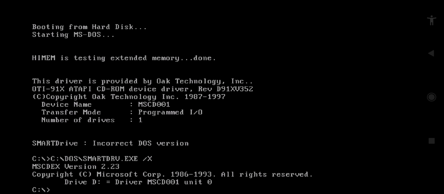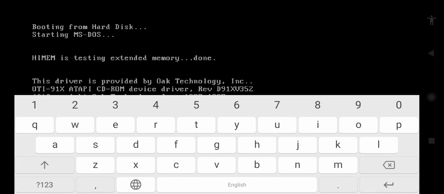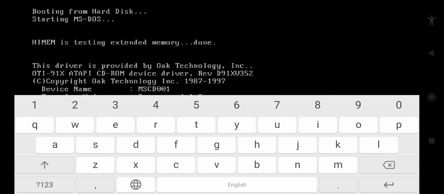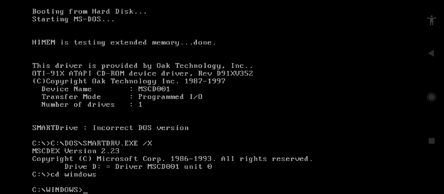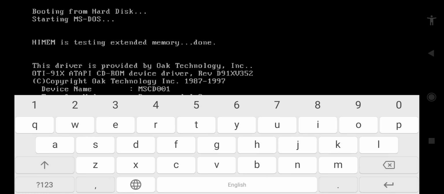And after you see this message, click on the back button and then select the keyboard button and then type CD spacebar WINDOWS and then click on enter. See, it is now in the Windows directory, and then again go to the keyboard button and then type WIN